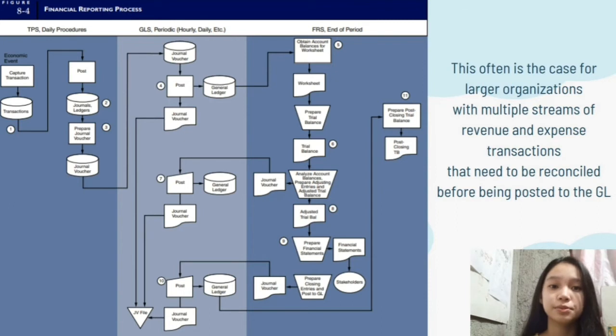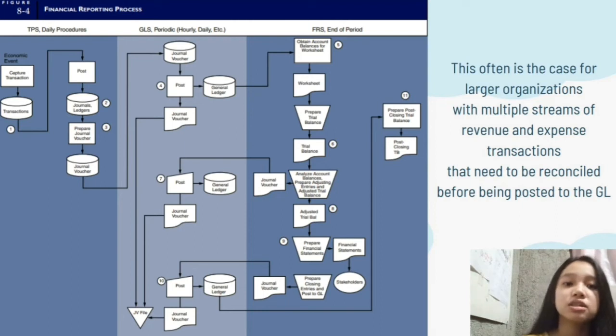Overall, this figure 8.4 often is the case for the larger organizations with multiple streams of revenue and expense transactions that need to be reconciled before being posted to the general ledger. Dito, mapapansin na yung process nila is by batch. Since, kinokollect muna nila yung transactions in batch mode, since according na sa Chapter 2, it is to achieve operational